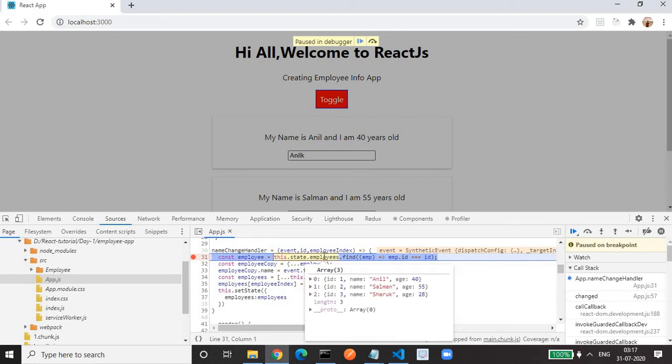If you hover over the employee, we will get the data corresponding to the employees. We will get ID also here. Okay, ID is 1, employee.id, because it is not executed, so that's why it is not showing.